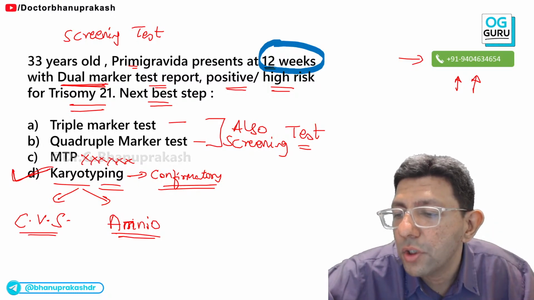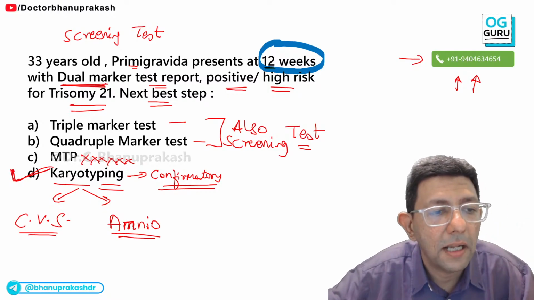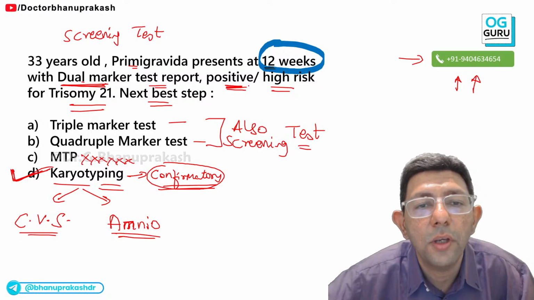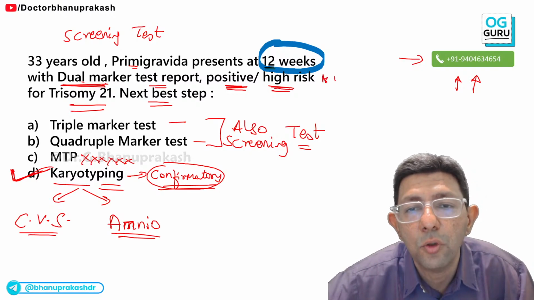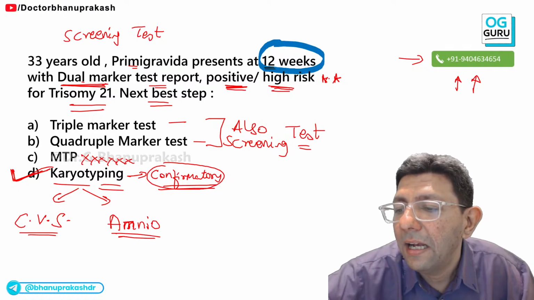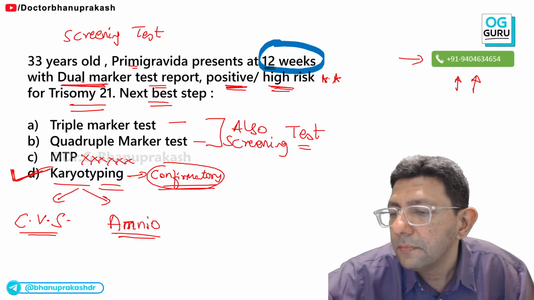I repeat the question. Karyotyping is the answer over here, because karyotyping is a confirmatory test, and the Down syndrome dual marker is showing it is positive, or showing high risk for trisomy 21. So my dear students, please keep in mind, again, a very important point all of you need to keep in mind,